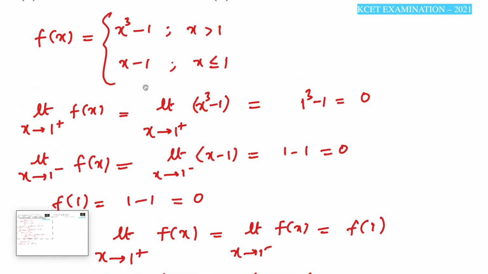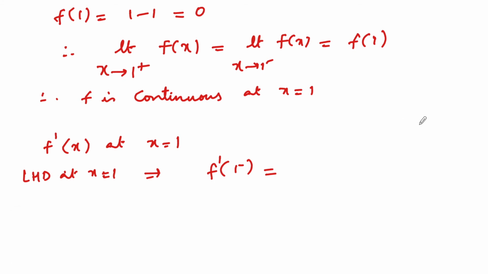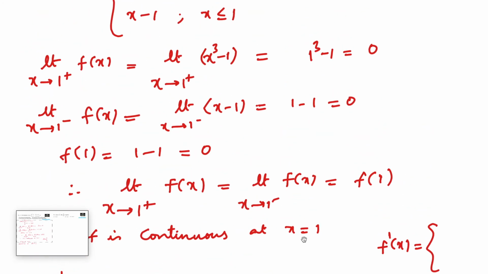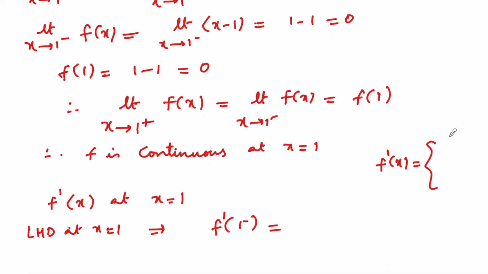the derivative of x minus 1. So let us write here, f dash of x is equal to the derivative of x cube minus 1, which is 3x square for x is greater than 1, and the derivative of x minus 1 is 1 for x less than or equal to 1. So f dash of 1 minus is equal to 1,